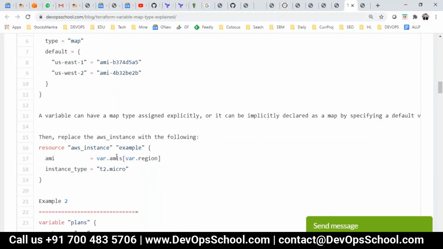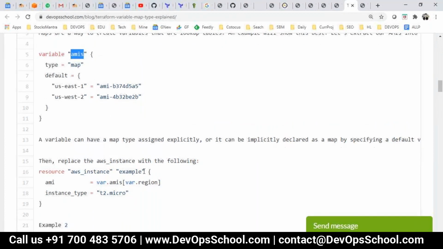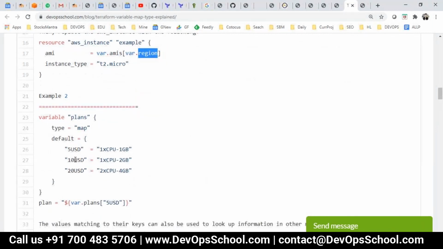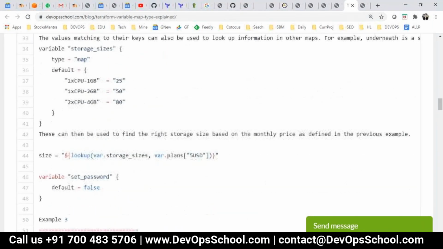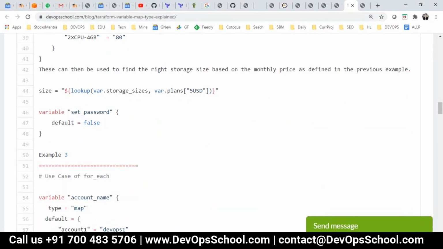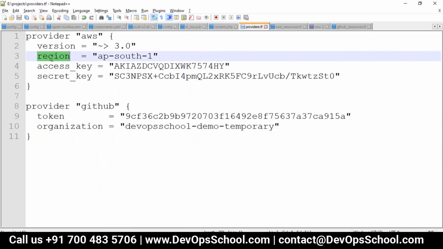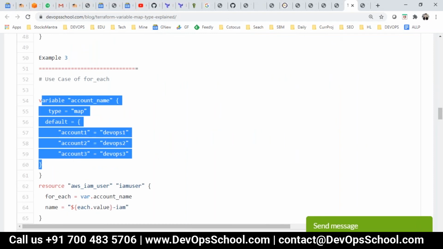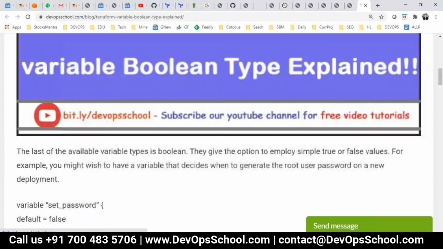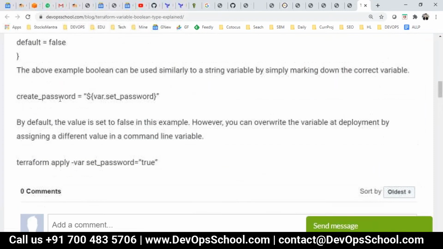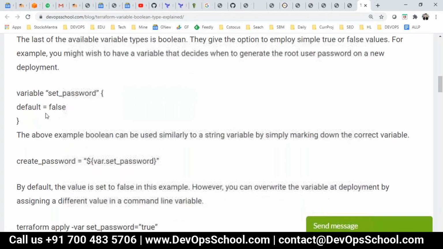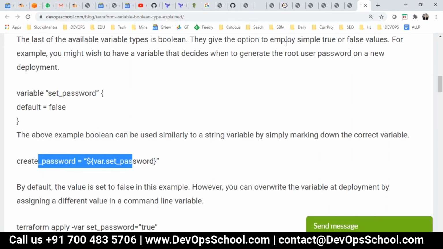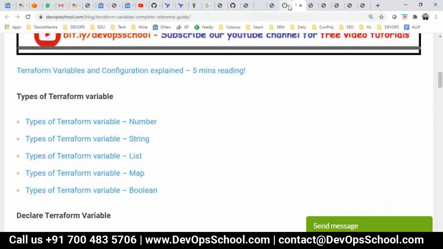Here var.amis is coming from here, but var.region is coming from your provider file. I'll show this provider. See here. Okay, so those are the things you can set up in a map. This is the boolean, true and false. Very simple, here set false, and like this. So guys, this is the way you can use variables.